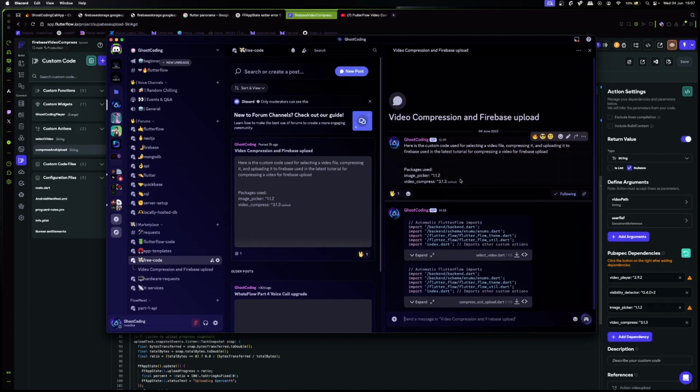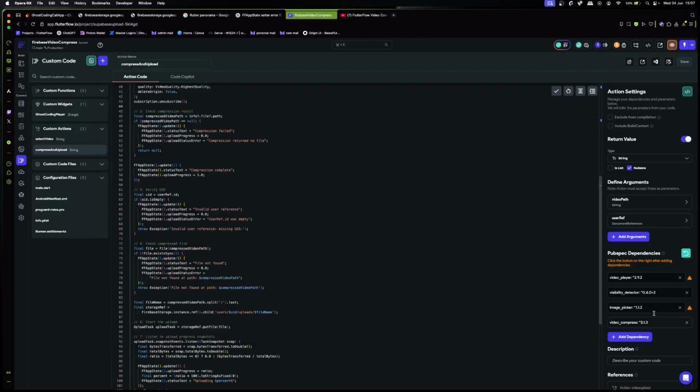And here you can get everything from the image picker package version that we're making use of, as well as the video compress package we're making use of. Please make sure that when you do copy this, to add it to your dependencies here on the right of the screen, that there's no spaces after it and there's also no spaces in front of it. Otherwise you will get errors. So it is better to just do this, copy it out, and then you paste it inside of your Google browser. Go to pub.dev and copy it out.